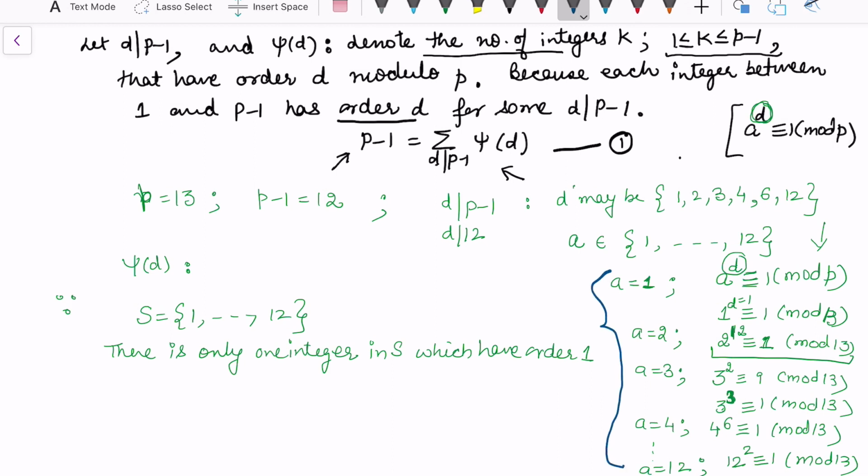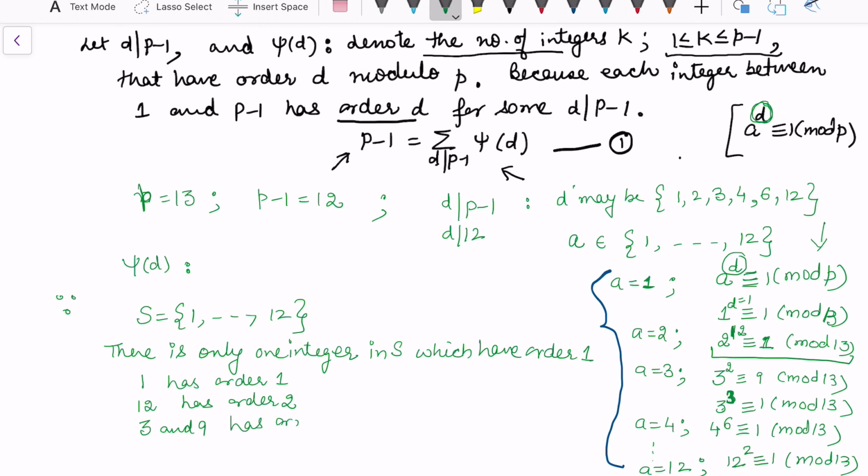We have considered all A's, but now I may write my list in a consolidated form. 1 has order 1, we have verified that just before. We may say 12 has order 2, which is fine. We may say 3 and 9, these are the two possibilities of A,